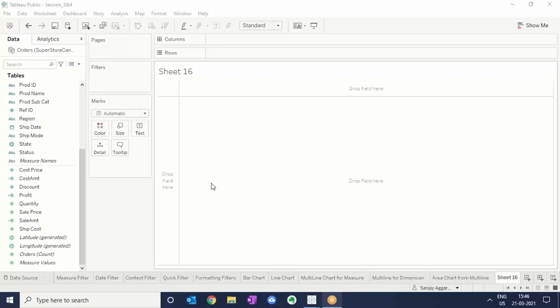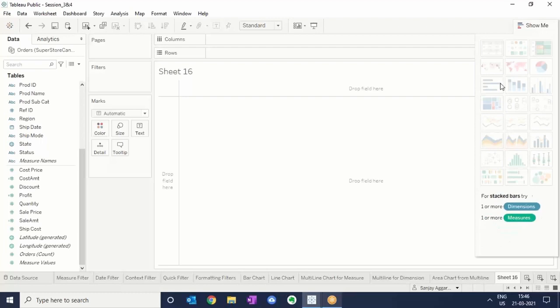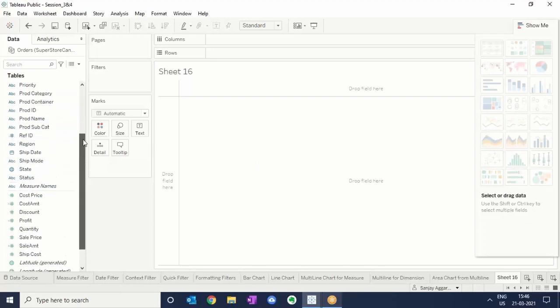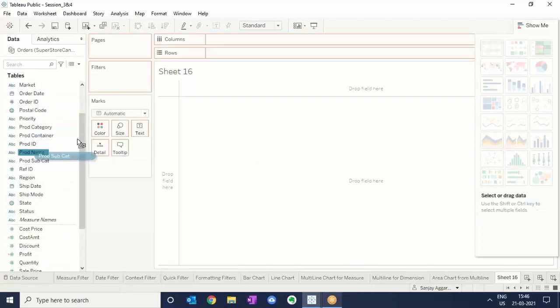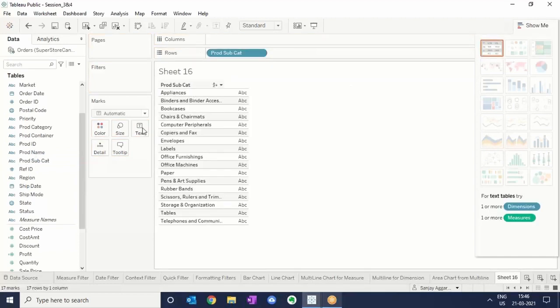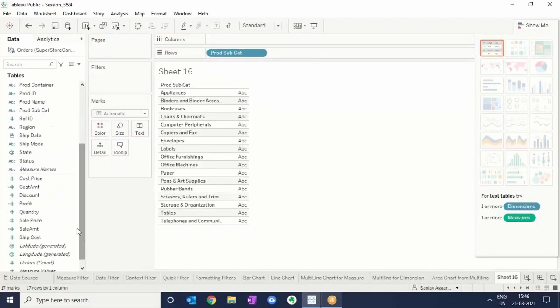So let's start with bar chart straight away. Bar chart essentially, as I told you earlier also, needs one measure. Let's go to Show Me and hover over bar chart. It says that it needs zero or more dimensions and one measure. The moment I select one dimension, for example product subcategory, and a measure, say profit,